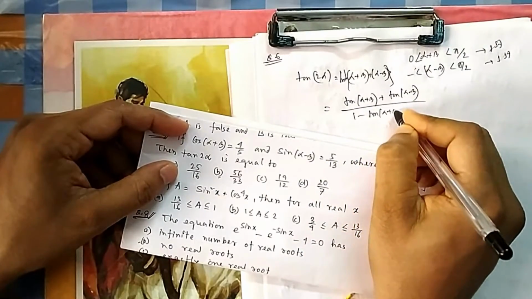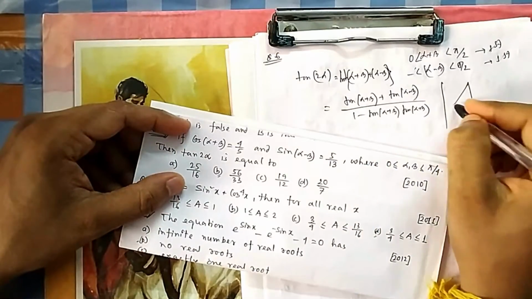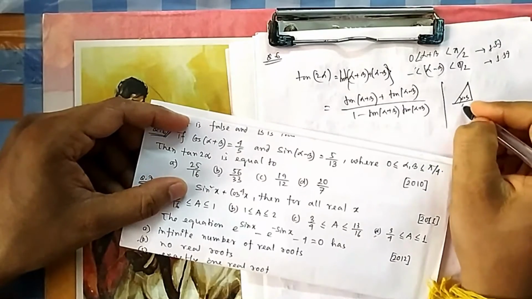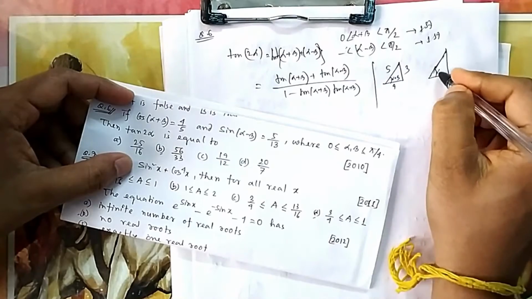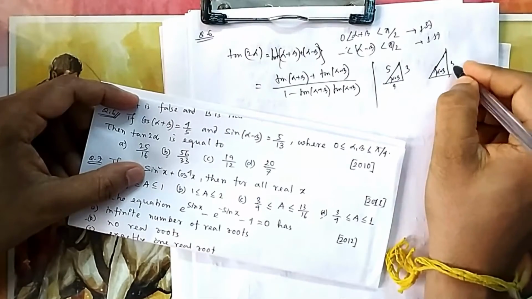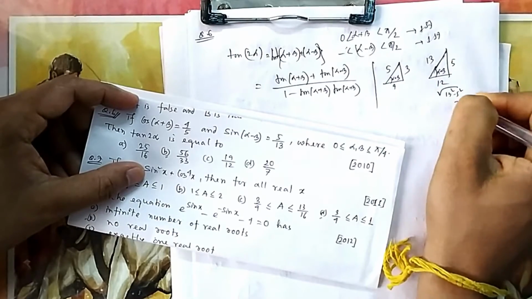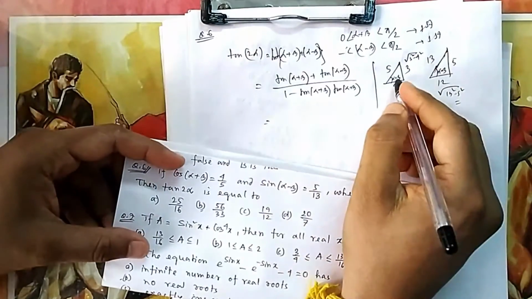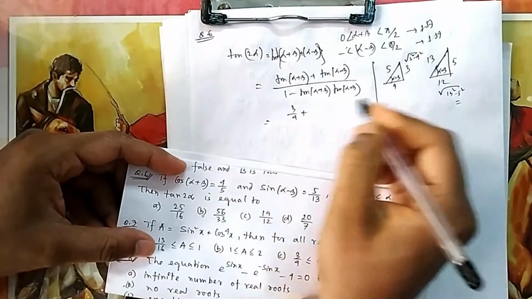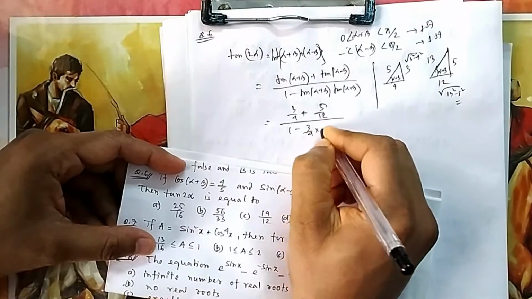And this you can easily find from a simple right angle triangle. It is given cos(alpha plus beta), so this angle is alpha plus beta. Cos is given as 4 by 5. If the hypotenuse is 5 and the base is 4, then the perpendicular is 3. So you can easily find tan(alpha plus beta). And if you draw another triangle, this is alpha minus beta, suppose. Here sin(alpha minus beta) is given as 5 by 13, so the other side will be 12. Square root of 13 square minus 5 square, if you do, it will be 12. Here I have typed down square root of 5 square minus 4 square, Pythagoras formula. So what will be tan(alpha plus beta)? 3 by 4. Tan(alpha minus beta) is 5 by 12. Then 1 minus 3 by 4 into 5 by 12.